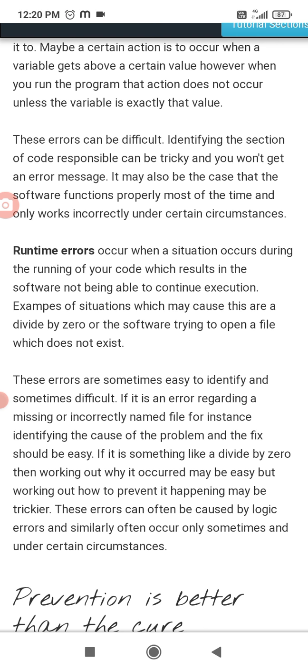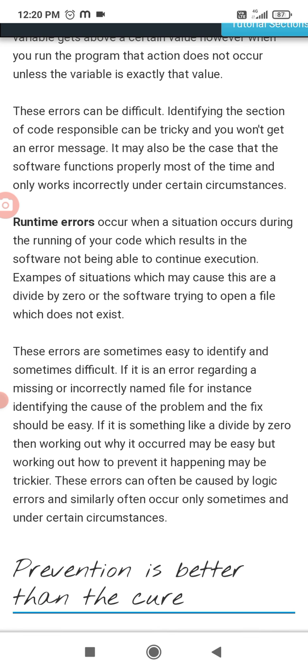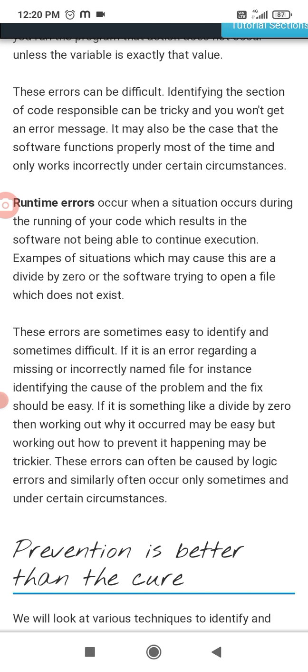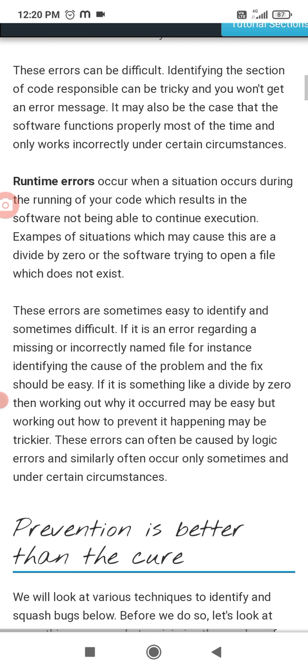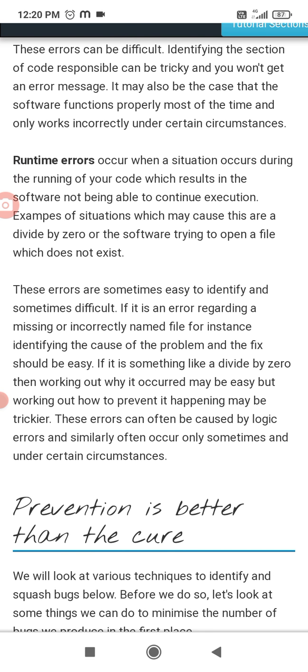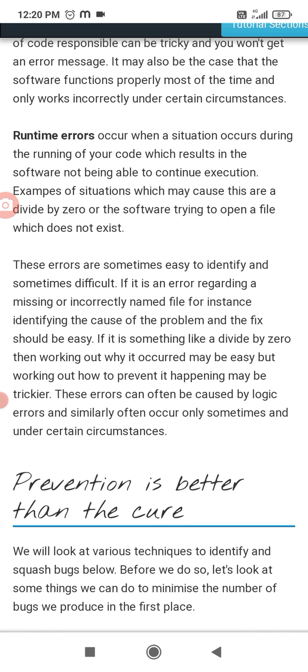Examples of situations which may cause these are divide by zero or the software trying to open a file which does not exist. These errors are sometimes easy to identify and sometimes difficult. If it is an error regarding a missing or incorrectly named file, for instance, identifying the cause of the problem and the fix should be easy.